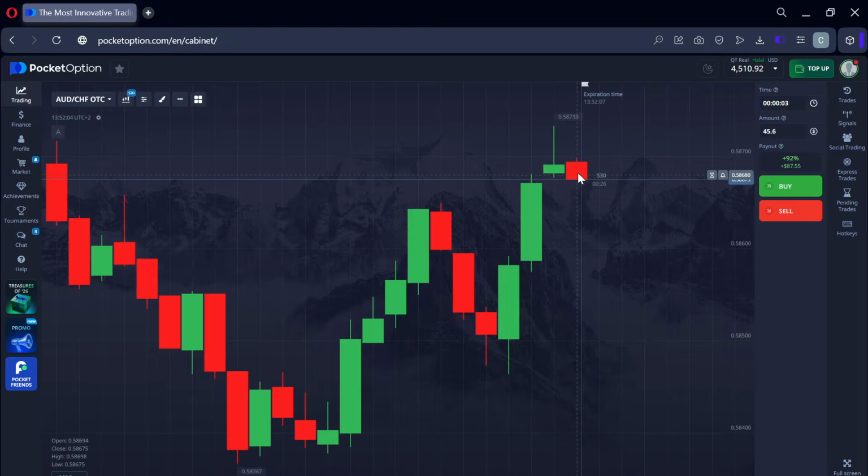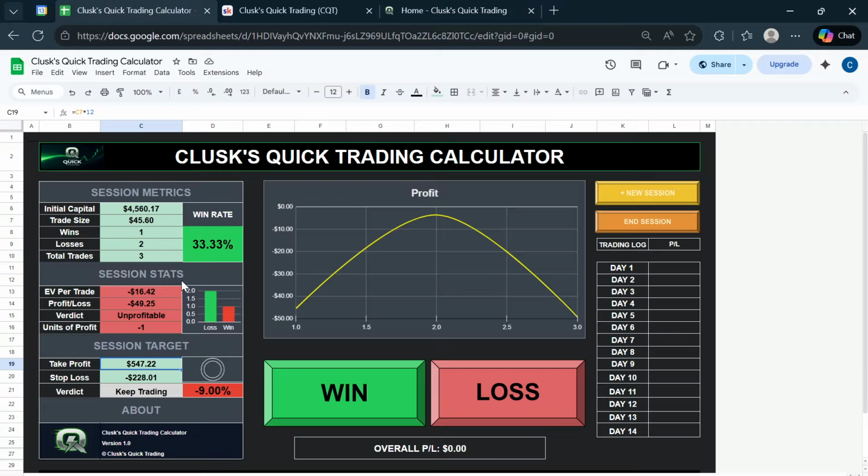No, looks like it's hesitating between going up and down. So I think what I'm actually going to do here is adjust my take profit and stop loss. I'm going to adjust my take profit to 4 units, and I'm going to adjust my stop loss to 2 units, like this. Actually, no, let me give myself room for one more. There we go. So this will be the new take profit and new stop loss for this session using these